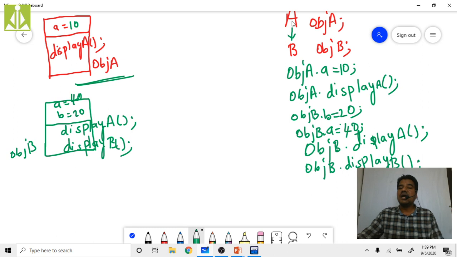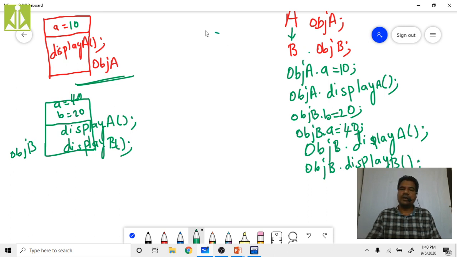That is, a base class pointer can point to a derived class object, but a derived class pointer cannot point to a base class object. That is not possible.